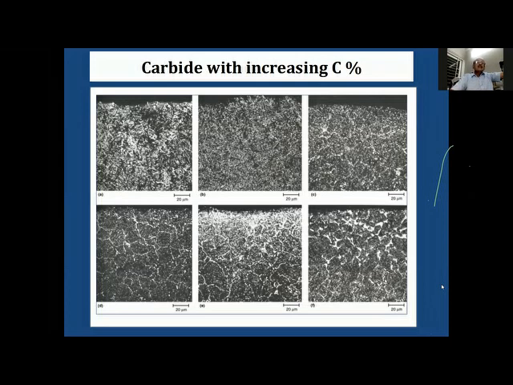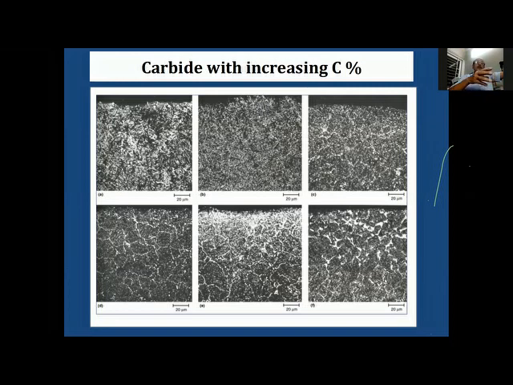Next slide. So both austenite and carbides go on increasing with increasing percentage of carbon beyond the eutectoid point, that is 0.8%. But that eutectoid point tends to shift as we change the alloy content. For example,